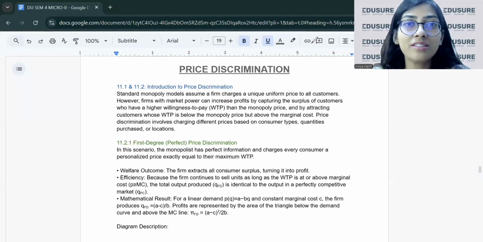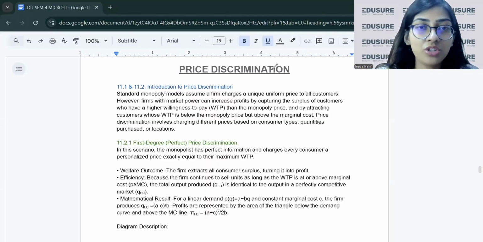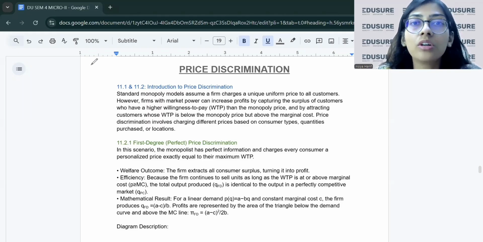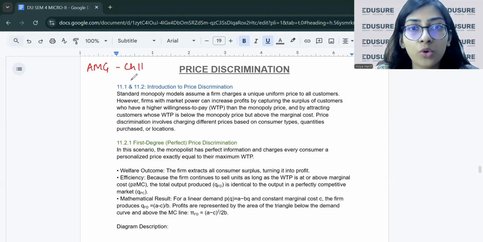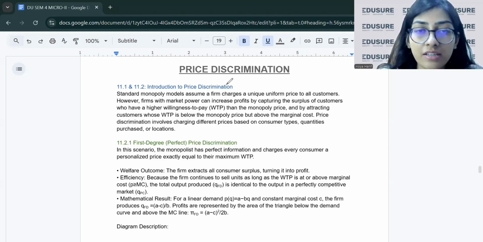हाय एवरीवन। तो दिस इज ड्यू सेम्फो का माइक्रो 2 का थर्ड वीडियो जिसमें हम आज पढ़ने वाले हैं प्राइस डिस्क्रिमिनेशन। याद दिला दूं कि हम ड्यू के जो प्रिस्क्राइब्ड रीडिंग है विच इज एएमजी, इसका ही चैप्टर 11 हम फॉलो कर रहे हैं। ओके, सो लेट्स स्टार्ट विथ टुडेज क्लास।